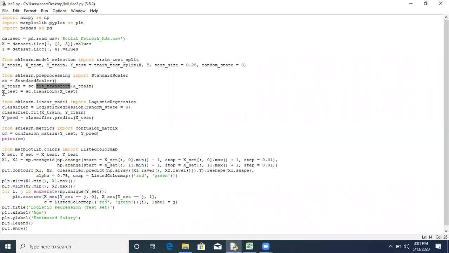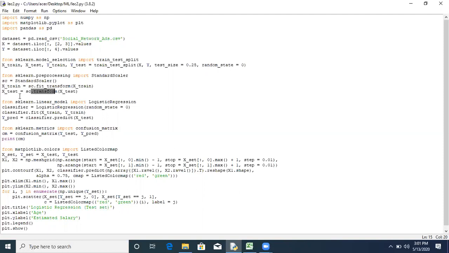And while testing, no need to apply that fit command, because the dot fit command is used for the training part. It should be applied on the training input. X train is the training input, so that's why we are using fit underscore transform. While scaling the testing input, we will apply only dot transform. So this is the difference between the two: dot fit underscore transform and dot transform. Using dot transform, we can convert our input to a scaled input.